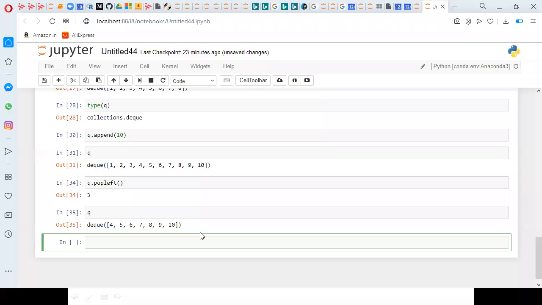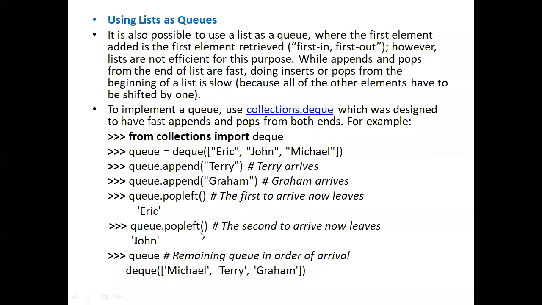So this is about queues using list. With the help of list, you can perform data structures like stacks and queues also. When it comes to stack, directly you can perform, but when it comes to queues,